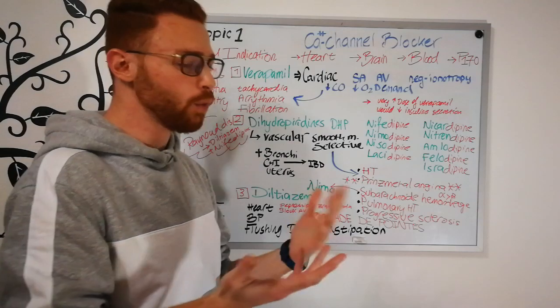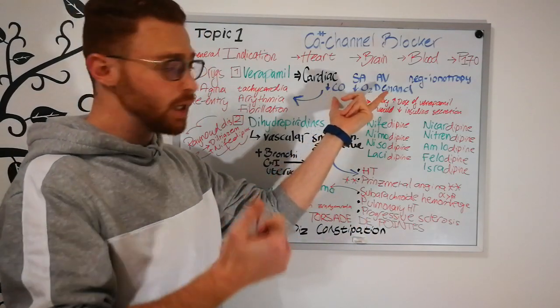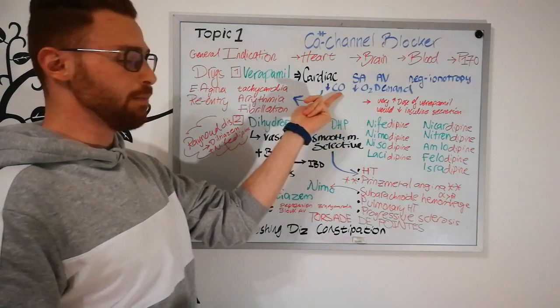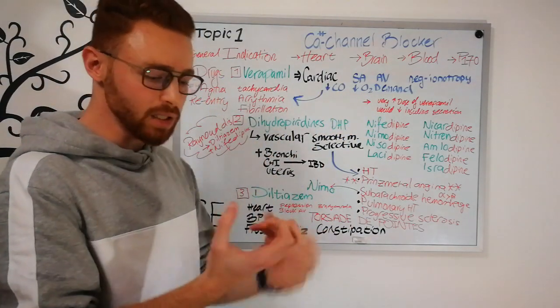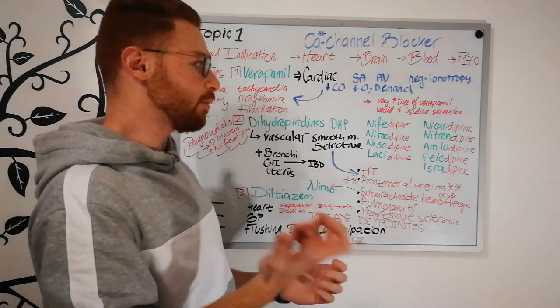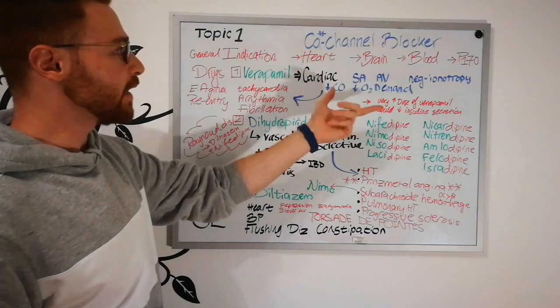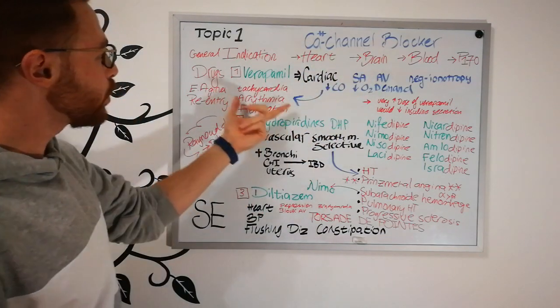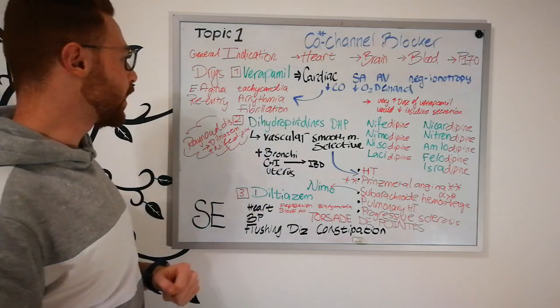Okay, so what if all of these happen? What is going to happen? There is going to be a decrease in the cardiac output, and a decrease in the oxygen demand of the heart, since we are decreasing the heart rate and the force with which the heart is contracting. So basically, according to that, we can indicate the calcium channel blockers to treat tachycardia, as well as arrhythmia and fibrillation